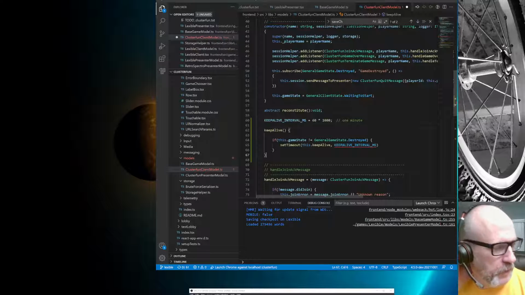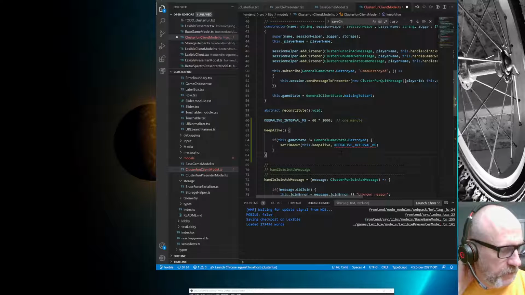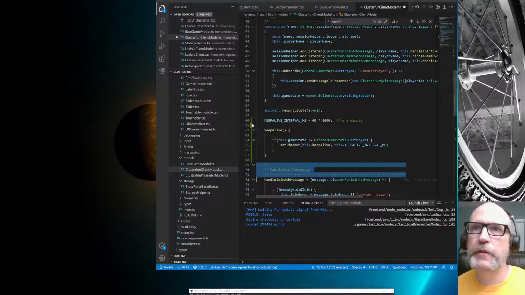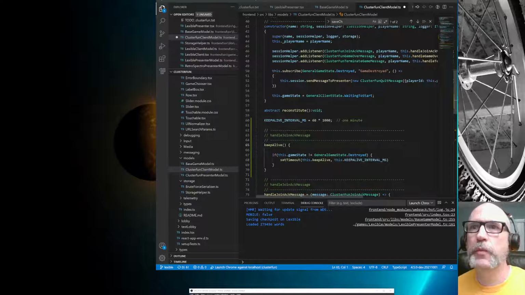Okay, that should be enough because the internet thing is like 100 seconds, so 1 minute should be generous without cutting it too close. This dot keep alive in milliseconds. Okay, there we go. All right, so now inside the keep alive function, we need to send the message to a presenter,